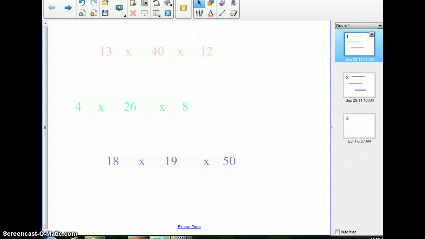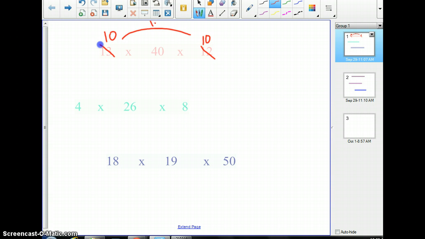Who would like to share their example with me? Let's see. I need a girl. Kaden, can you tell me, did you change any of your numbers? Did you do anything with the 40? How about the 12? Okay. What 2 numbers did you start by chunking together? The 2 tens were? So you have 100 times 40 equals